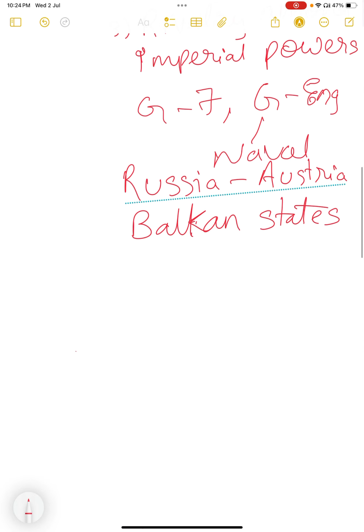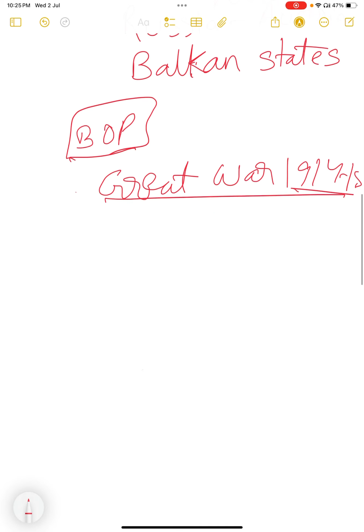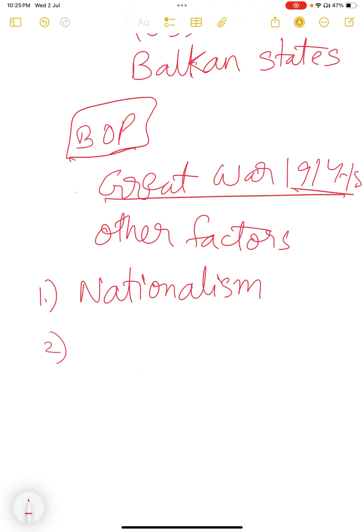Next, the other aspect which needs to be focused on is, apart from balance of power, what are the other causes or factors which led to the Great War of 1914 to 18. In this aspect, we need to discuss other factors, especially nationalism, extreme nationalism, and the issue of vicious propaganda,